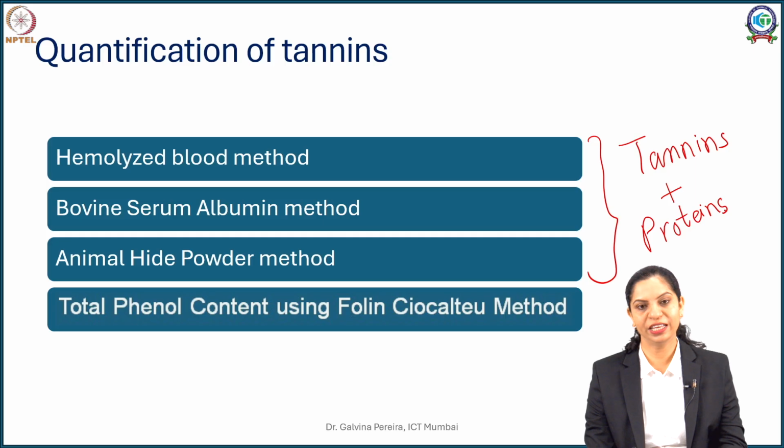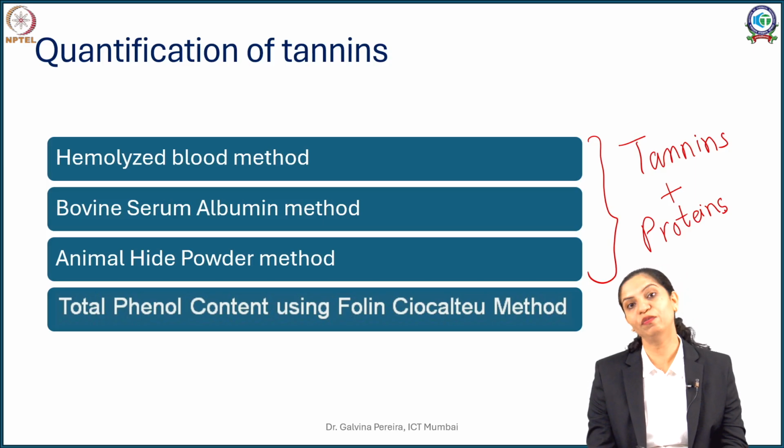The same is done for bovine serum albumin, but the method is reversed. First we quantify how much bovine serum albumin is present. Then you add a tannin solution. Some amount of this bovine serum albumin will react with the tannins and form a precipitate. The tannin removes the amount of serum albumin equivalent to its moles, and that much bovine serum albumin is now gone from the solution. Again, when we quantify the bovine serum albumin, the difference in weight will tell me how much tannin is present. The same applies for animal hide powder.